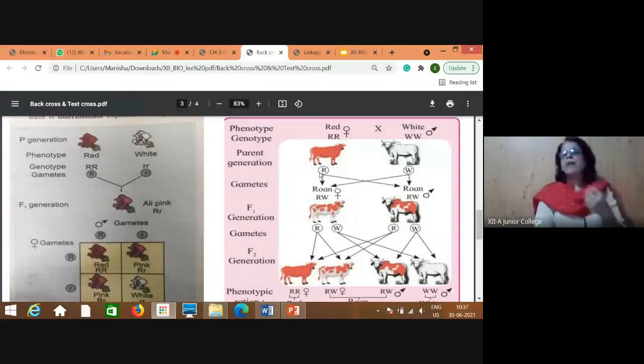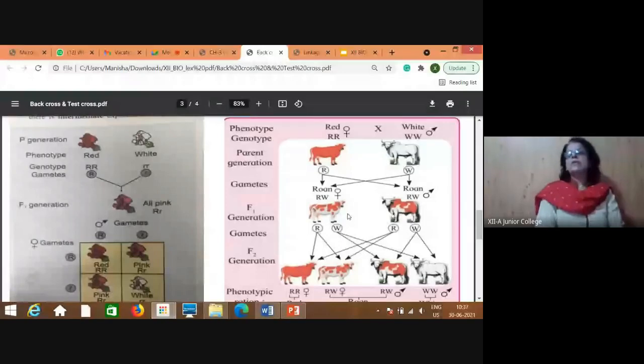That is not a combination of red and white color. Pink color is not seen, or any other color combining red and white, in the cattle coat, but both colors are expressed. This is called roan color, meaning red is expressed and white is also expressed. So these cattle are considered roan colored, meaning both parental characters are expressed equally in this case, and so this is called